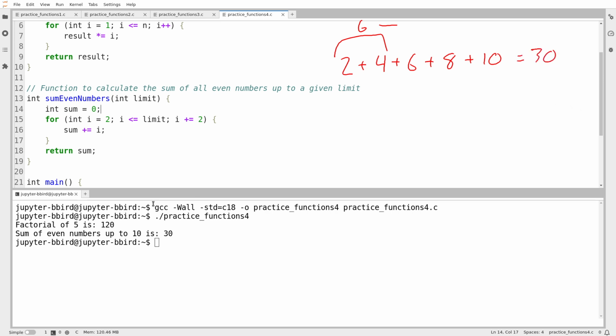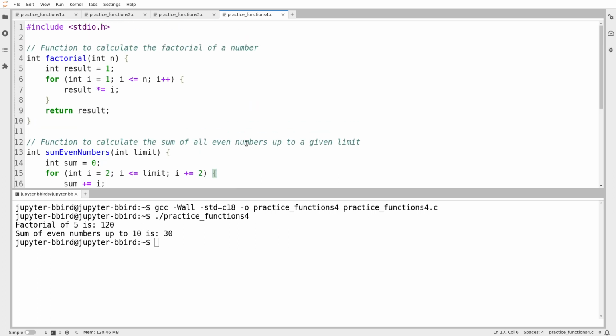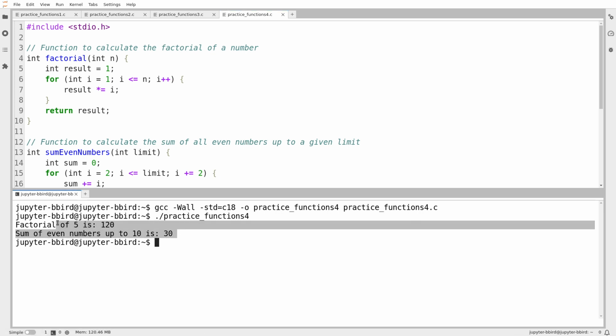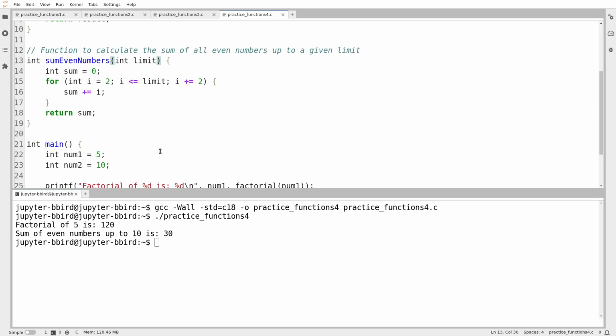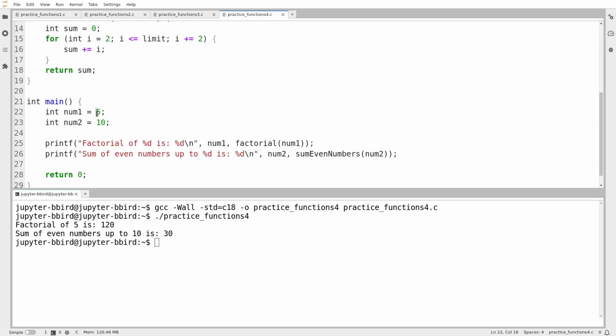So it prints out that the factorial of 5 is 120 and the sum of even numbers up to 10 is 30. That doesn't look incorrect. That looks like it's working correctly. So what does that mean? Does that mean that ChatGPT made a mistake? Or does it mean that we're not debugging very well? I would argue that we have to give ourselves at least a little bit more information before we conclude the code is correct. You wouldn't assume your code is correct just because it generates the right output on one occasion. I shouldn't assume somebody else's code is correct for the same reason.